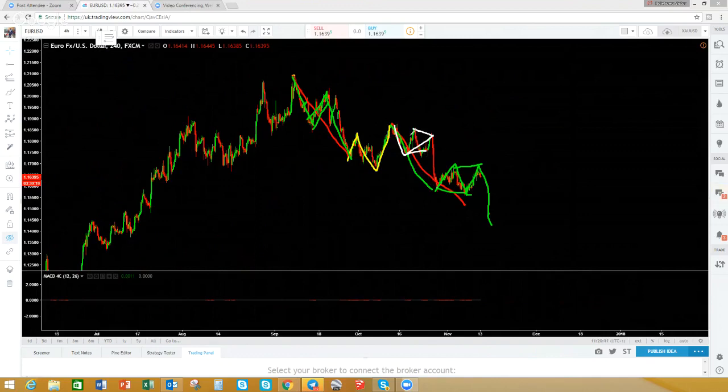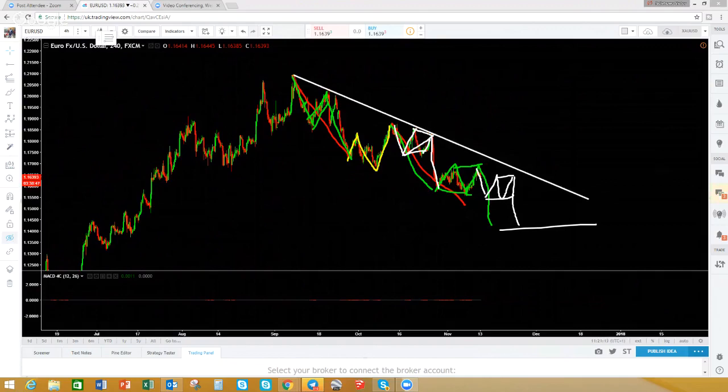Let's do it properly. This is your 1, and you've got a running flat over there. It's a running flat. You can see over there, running flat. And then we go. Who knows? Maybe you can go something like that. You get another one like that before you get down there. And then after that, we'll know that possibly that wave 5 will end after we get an impulse to the upside